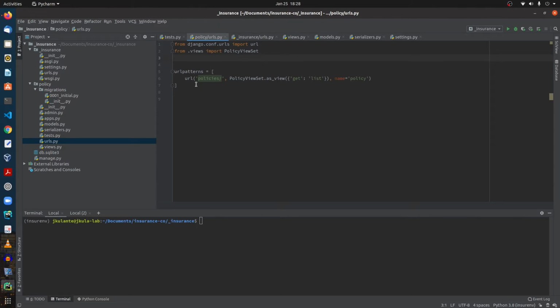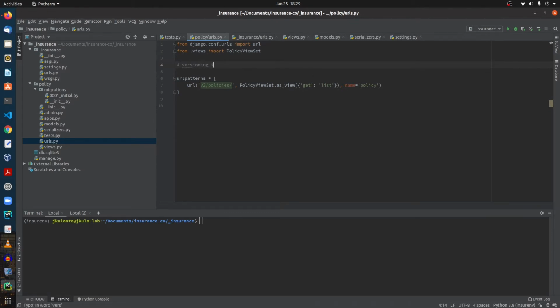So we want to make sure that we version this URL so that a user can use the same URL with different versions, something like v1/policy, v2/policy. As I pointed out in the previous video, we'll be using the versioning